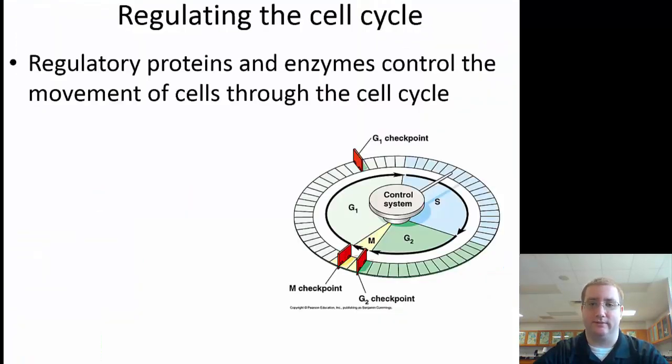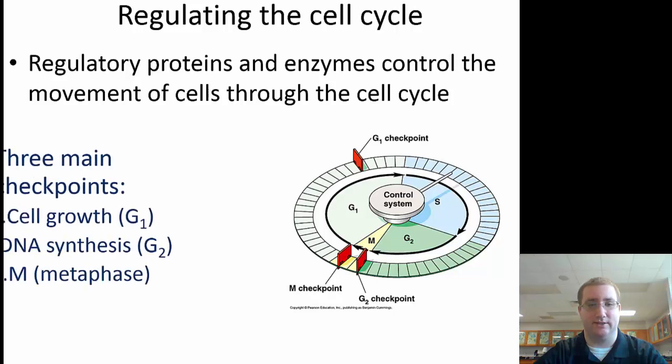When you talk about the cell cycle, students sometimes have this misconception that the cell just goes through the cell cycle without any regulation or any control system. But there is a series of proteins and enzymes that directly impact the cell's ability to move from G1 to S to G2 to the M phase and restart the cycle. So the cell does not just randomly move through the entire cell cycle. It is a highly regulated process with a bunch of checkpoints and controls within it that regulate the movement of those cells through the entire cell cycle.